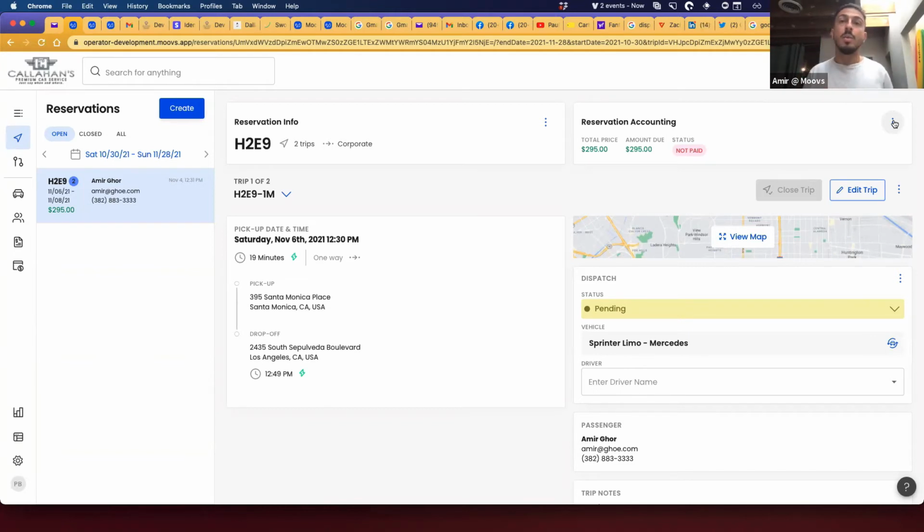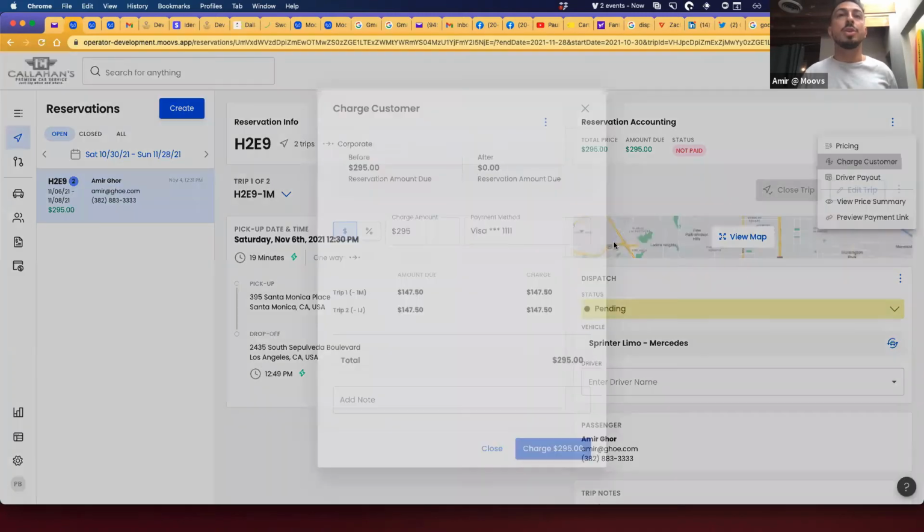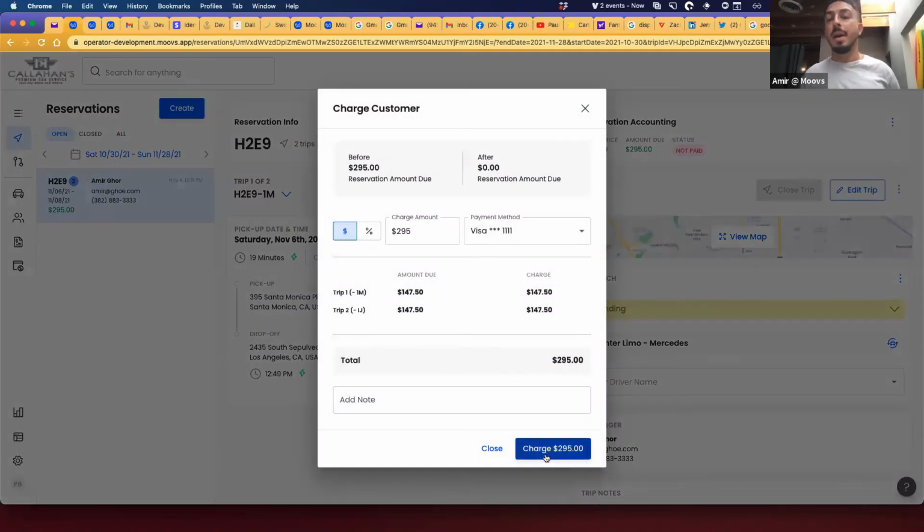The second thing, which is a release we had about a month ago to increase your prevention of disputes and fraudulent charges, we built this, which I encourage all operators to use when it makes sense. Of course, if you get an ASAP and you want to charge the full amount right away, you can go to charge customer and charge this amount.